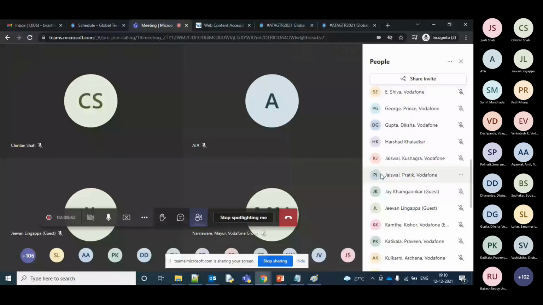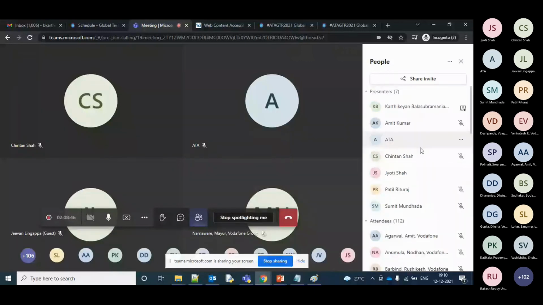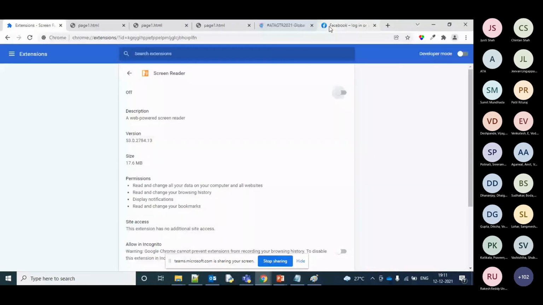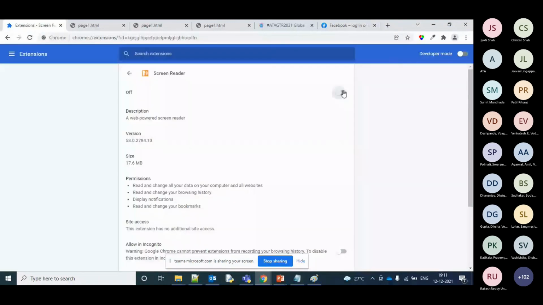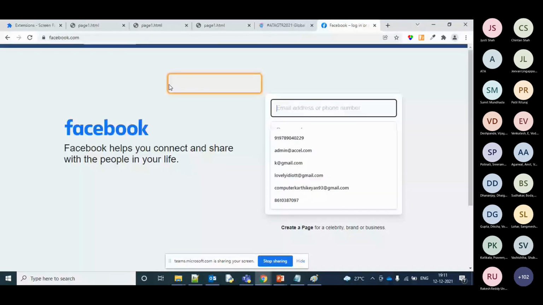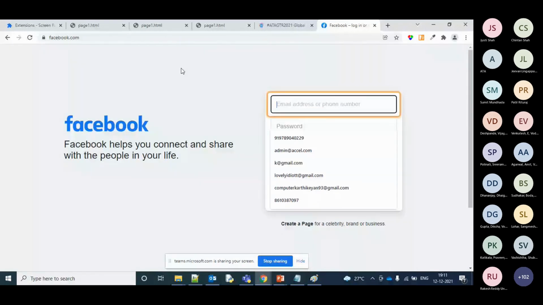Okay, fine. So that was a test, to check if we are able to read out the contents, and see if all the contents are read. Maybe you can try to mute and check if all the contents have been read out. If you look at the forgot password link, let's see if ChromeVox is able to speak it. Email address or phone number, with hint email address or phone number. Edit text.